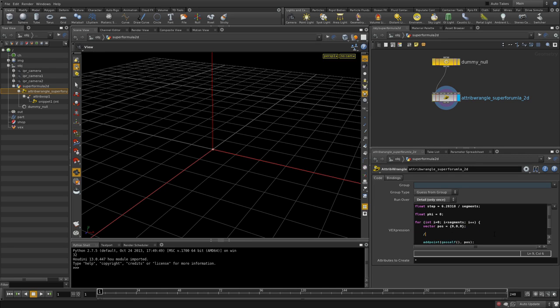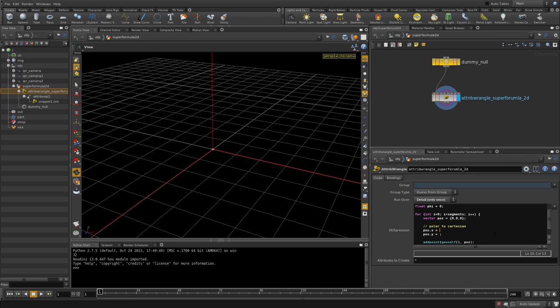So polar to Cartesian. Can't even spell. Sorry about that, guys. I do not spell. Is position dot x to access the x, because remember we're on the xy plane, so we're not gonna touch z. And position dot y